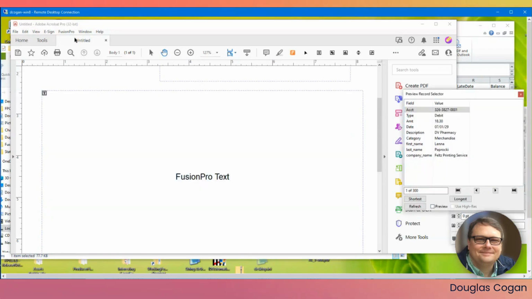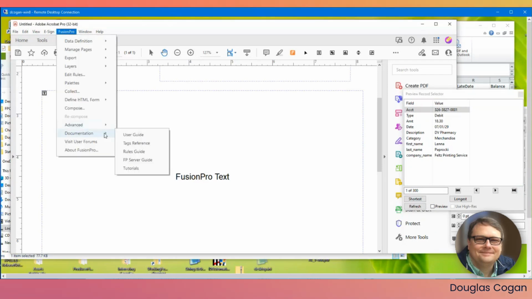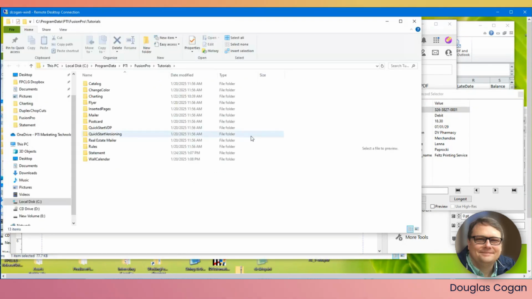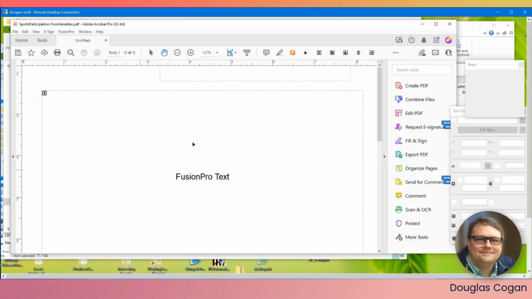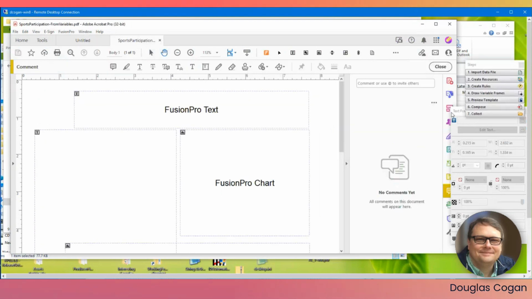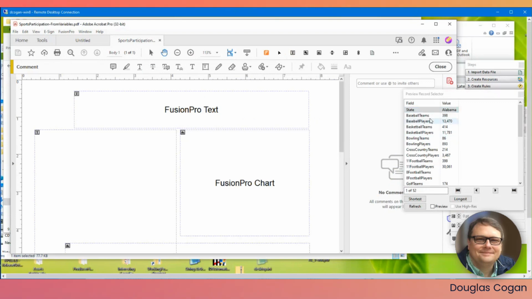So I'm going to go ahead and turn this preview off for now. And let's take a look at another sample that we ship with. So if I look at the documentation and the tutorials, the other big thing we did is improvements for charting. So I'm going to show here. So I've got a data file here